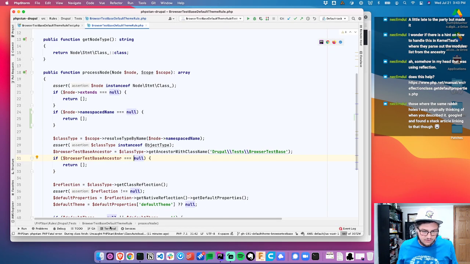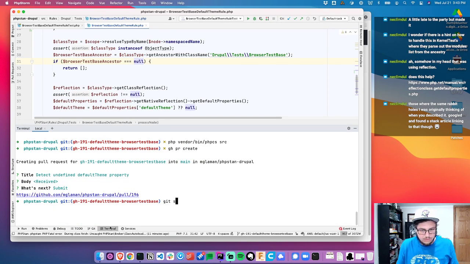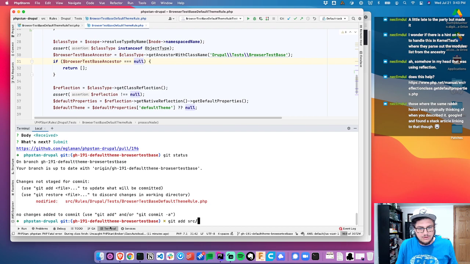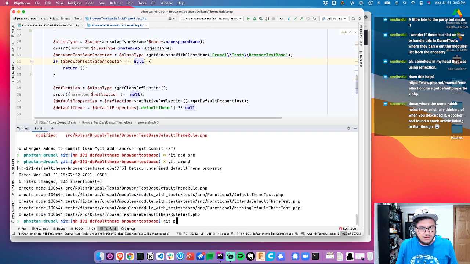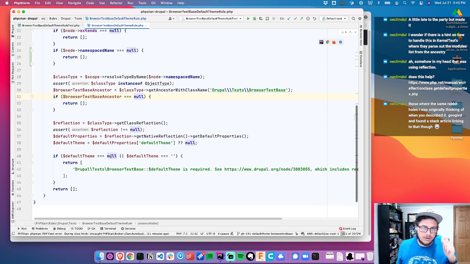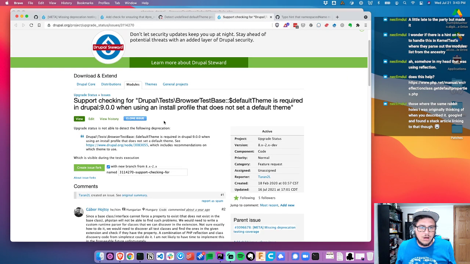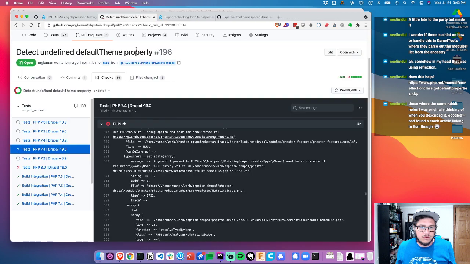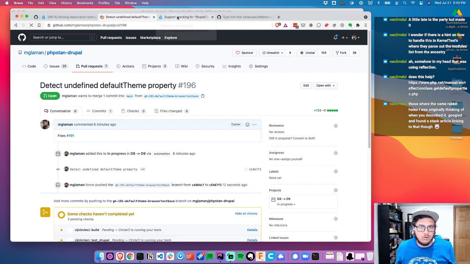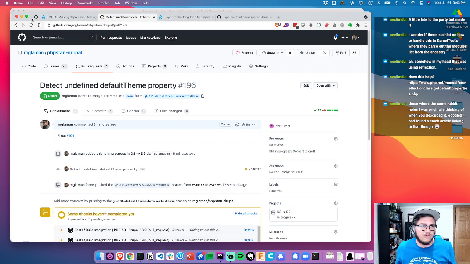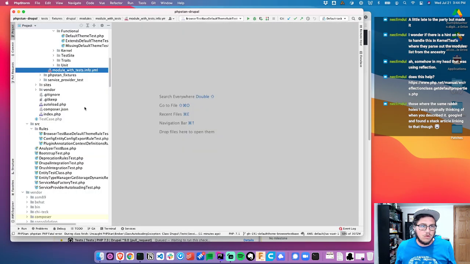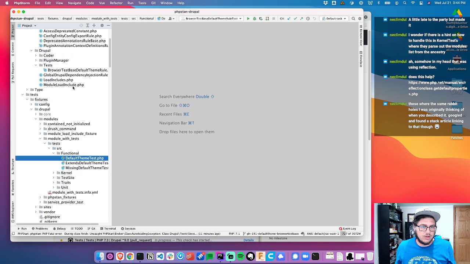And if I push this fix, let's just do git status, add source. I'm just going to amend my commit and do a force push for that quick fix. All right. So once this passes, I'm going to merge it. I'm going to create a new release, which will have this fix released and allow detecting the undefined default theme property. While that runs, I want to look at